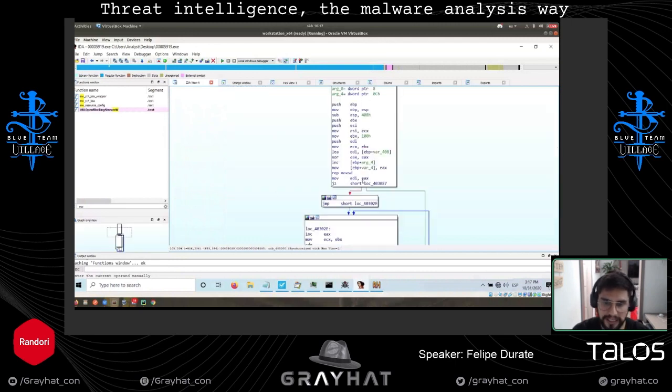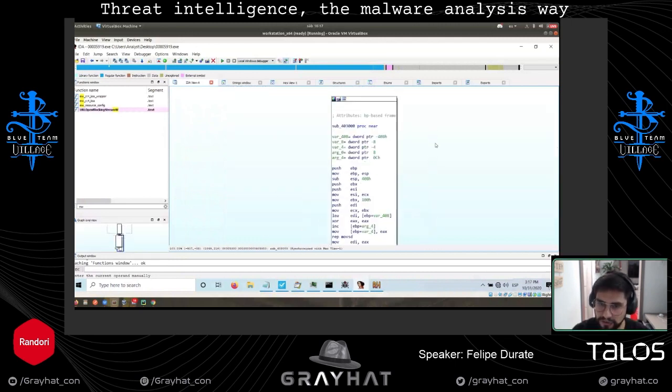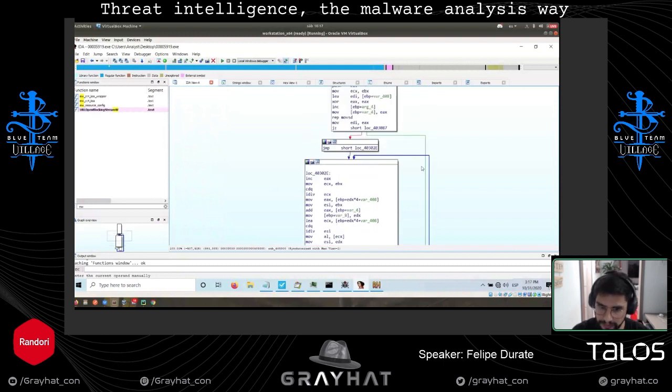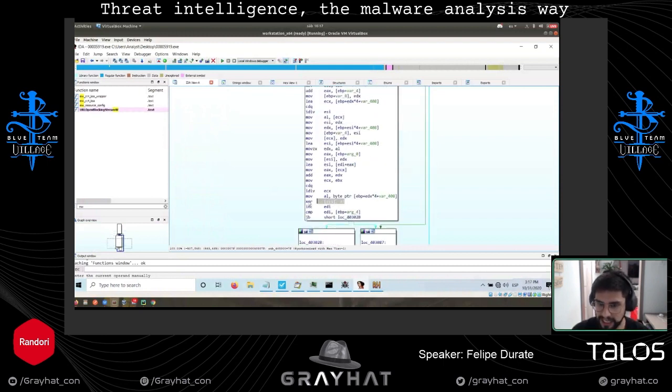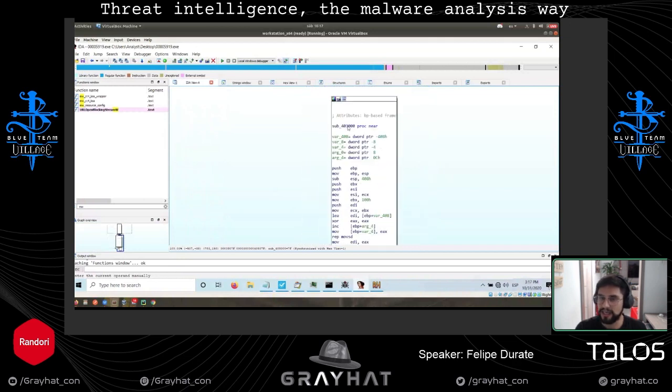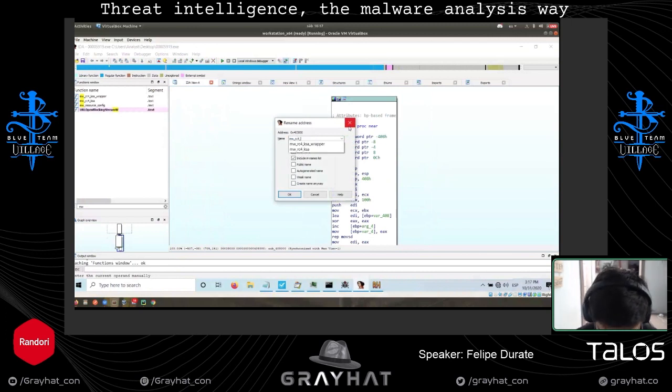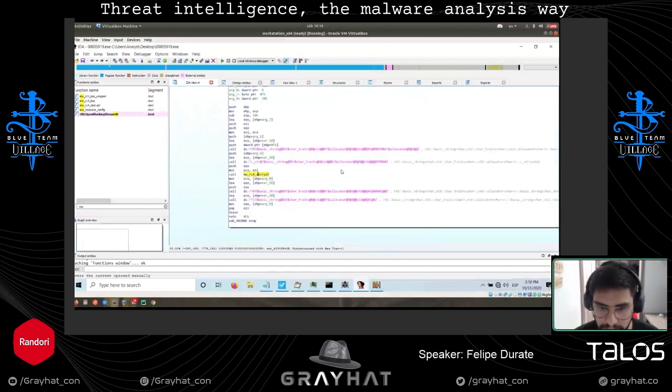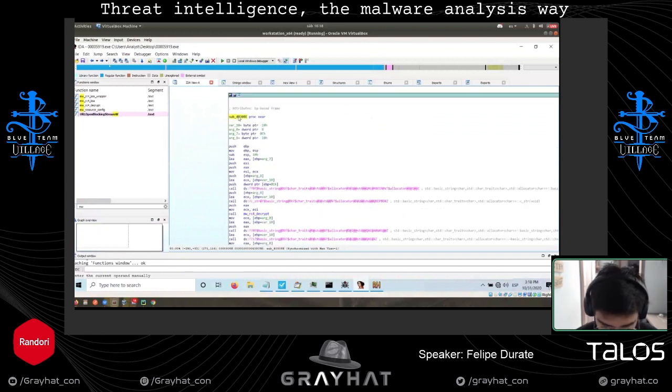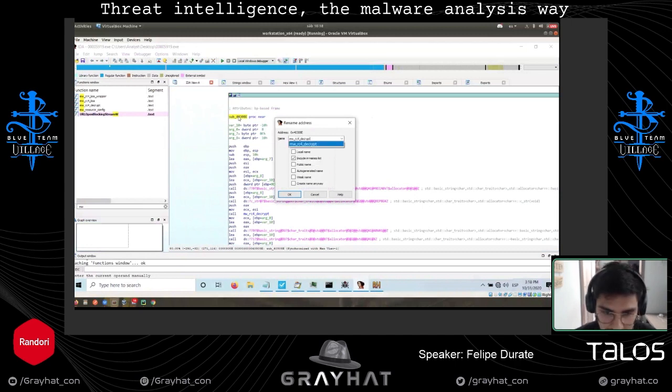If we go here exactly to the new function, we are going to see that there is a new loop and there is an XOR. So because there is an XOR and there is a loop, it is most likely the actual RC4 decrypt stuff. So we're going to call it malware RC4 decrypt. And that's it. We go back, and this is the wrapper.